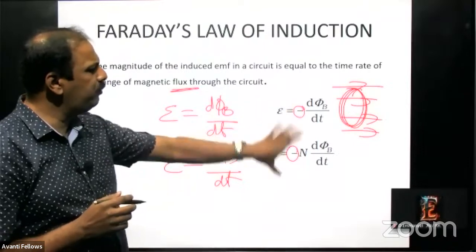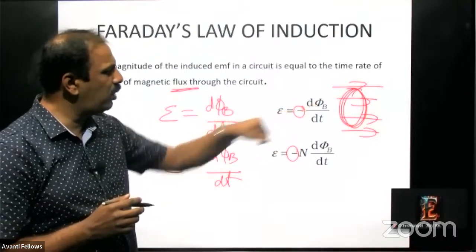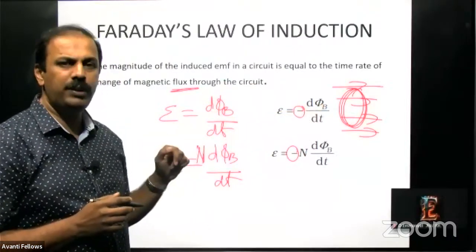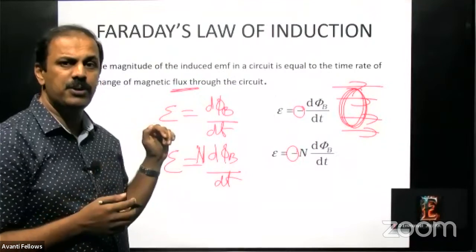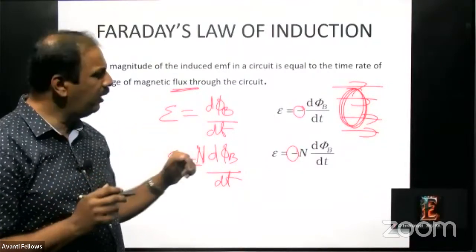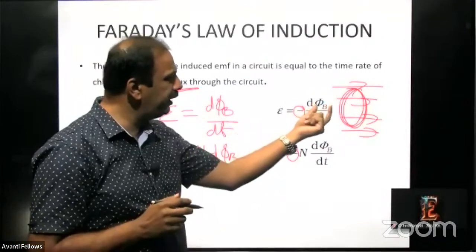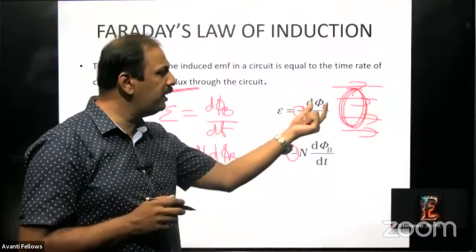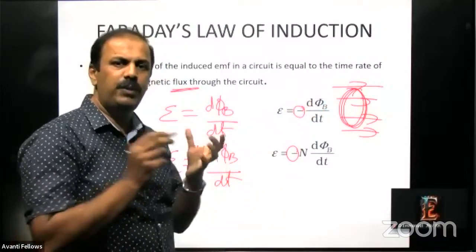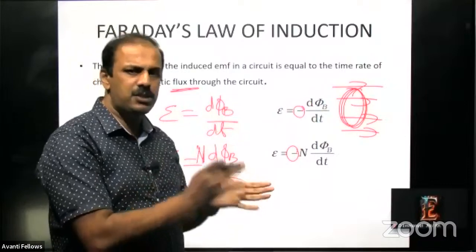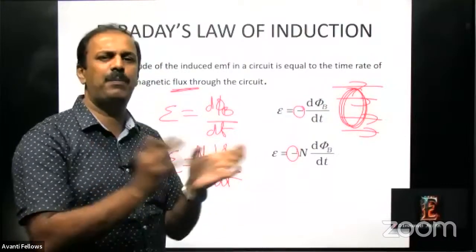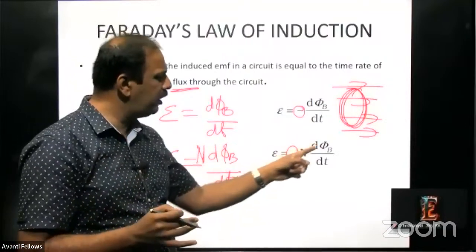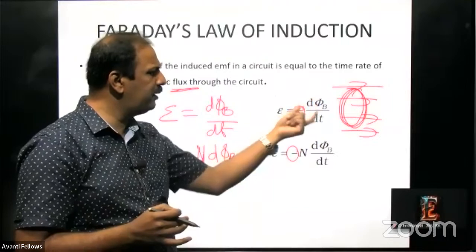Now, what is the main point in this? If the magnetic flux is constant, then EMF will not be there. That's what we discussed in the experiment also. There should be a change. Now, if the magnetic flux is given as an equation, you have to take the derivative of that. Sometimes the magnetic flux may not be given as an equation. It will be given as the initial magnetic flux is this and the final magnetic flux is this, and this change happens in 2 milliseconds or 2 microseconds like that. So directly, instead of taking d phi by dt, you take it like a